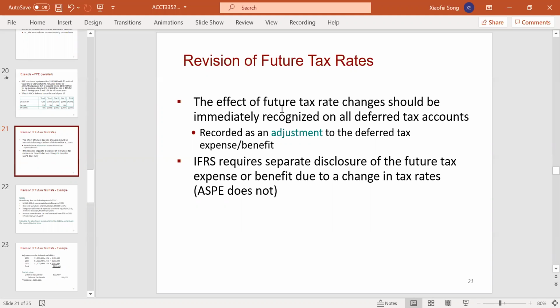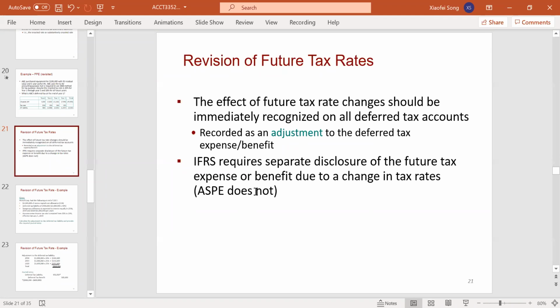The effect of future tax rate changes should be immediately recognized on all deferred tax accounts. Record it as an adjustment to deferred tax expense or benefit. The adjustment will be deferred tax expense or benefit. Okay,